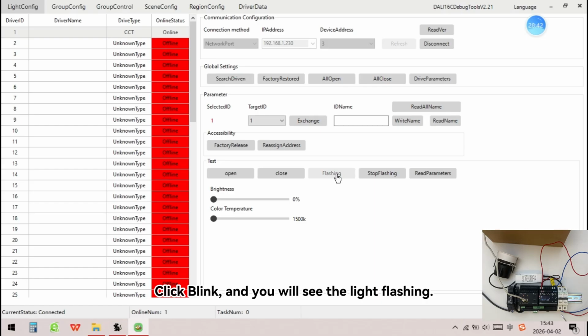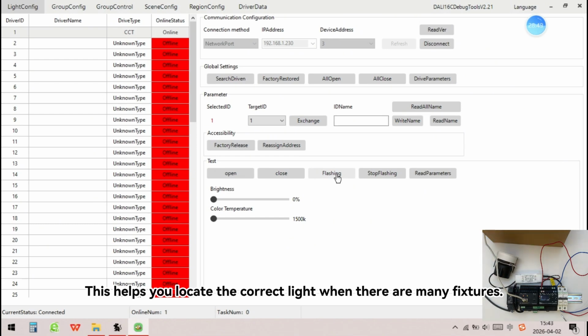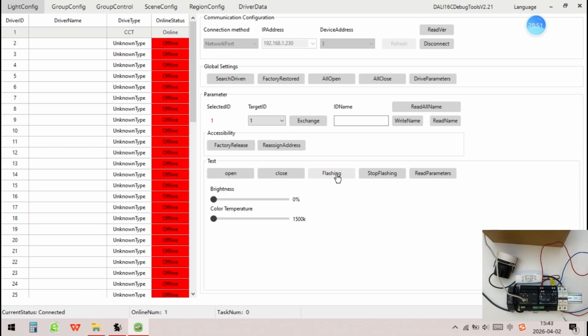Click Blink and you will see the light flashing. This helps you locate the correct light when there are many fixtures. Click Stop Blink.